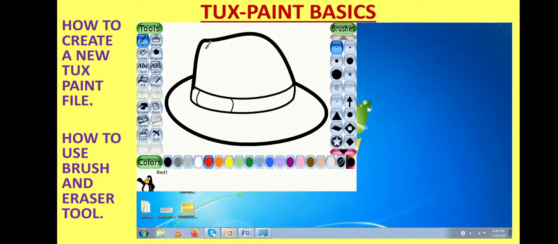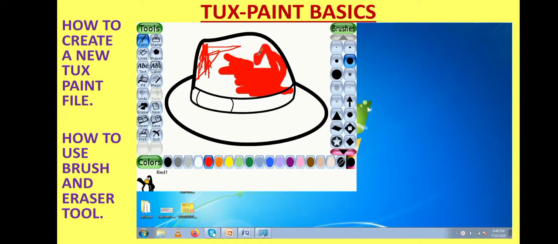Click on the color that you want to choose and then start painting. If you feel that the brush is very narrow, you can choose a broad one, and this way you can color your picture.